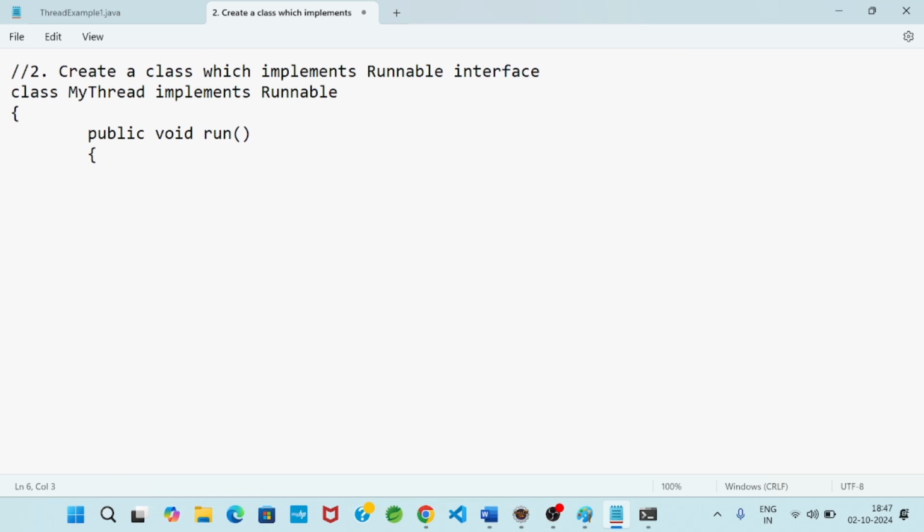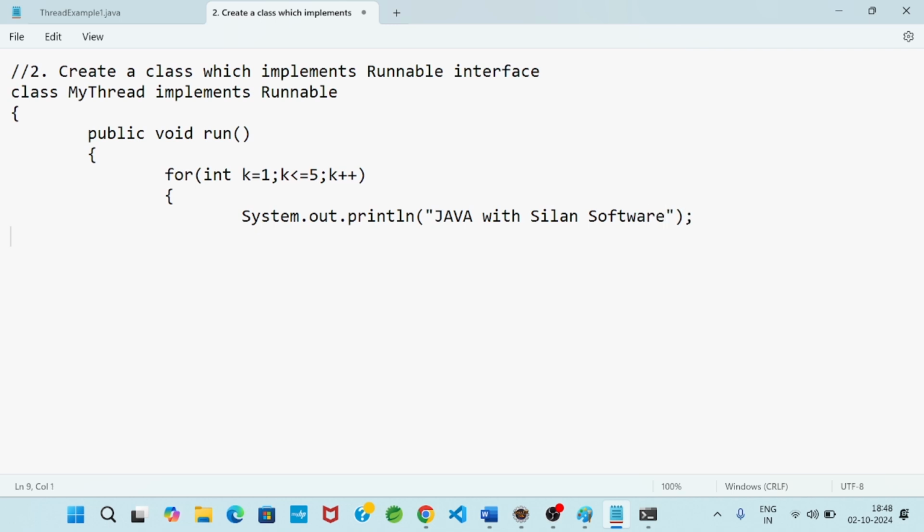Remember this point. Then, if I write for int k = 1, k <= 5, k++, System.out.println with a message, suppose I write Java with Silan Software. Now this is the full definition of a thread, and my thread name is MyThread.